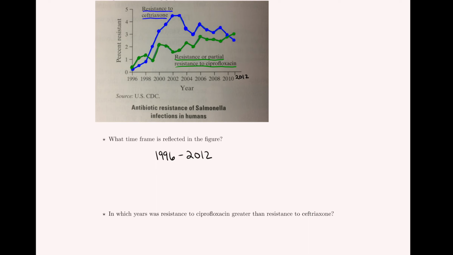Our next question is, in what years was resistance to ciprofloxacin, remember that ciprofloxacin resistance is in green, greater than resistance to ceftriaxone, which is graphed in blue. So we want to know, where is the green graph higher resistance than the blue graph? Let's look. Would y'all agree that in these portions of the graph that I highlighted, the green graph is above the blue graph? Now we just need to try to figure out, we've located